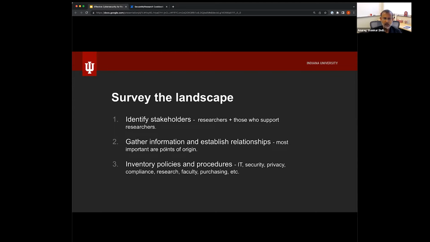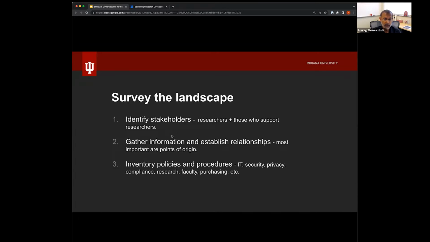The next step is to do the homework. You have to do your homework in all of these things. And the first, probably the most important one, is to identify all the stakeholders. And this is not just the researchers, but everyone on campus that also supports research. And this is a big list, and the paper attempts to be fairly exhaustive. But some I will mention, for example, the sponsored research office, the IRB, research compliance, and even human resources and so forth. You have to know who they are,